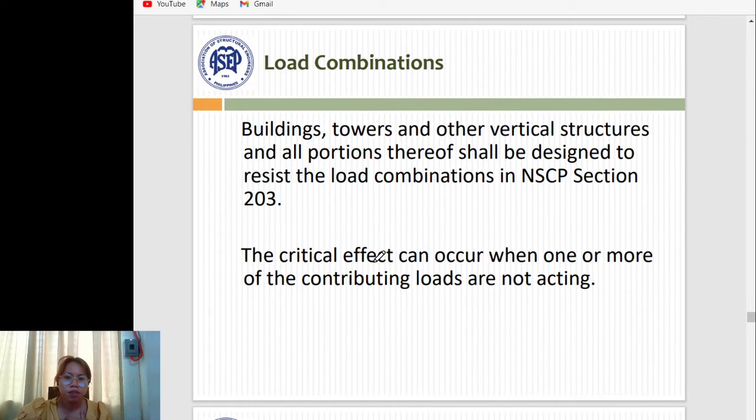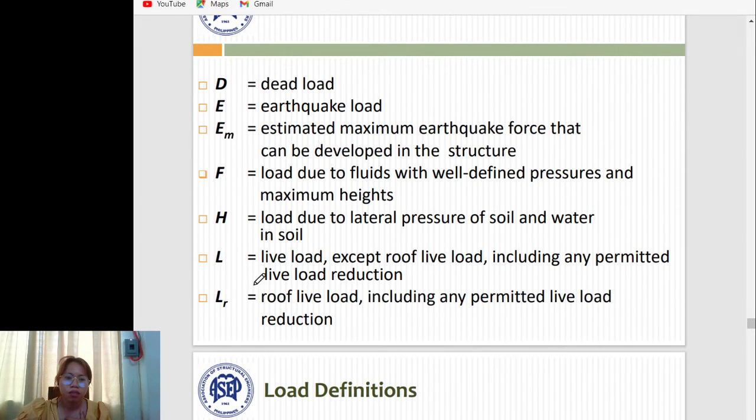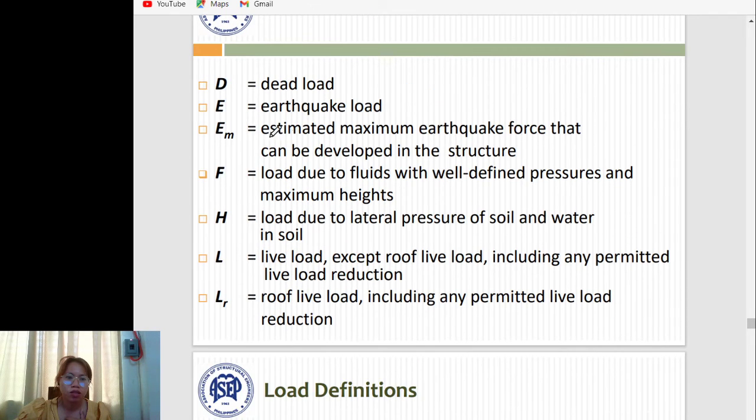Anyway, for the load combinations, buildings and towers and other vertical structures and all portions thereof shall be designed to resist the load combination in NSCP Section 203. The critical effect can occur when one or more of the contributing loads are not acting. So we have this notation for the load definitions. We have D, the dead load; E, the earthquake load; E sub M, the estimated maximum earthquake